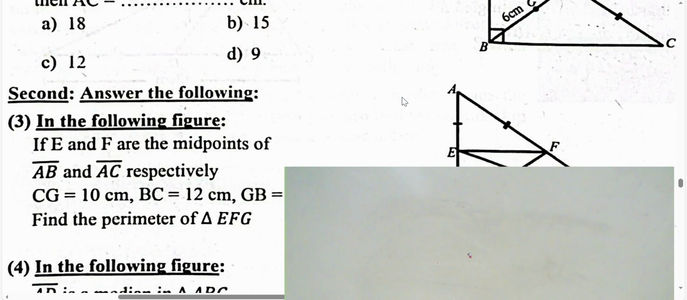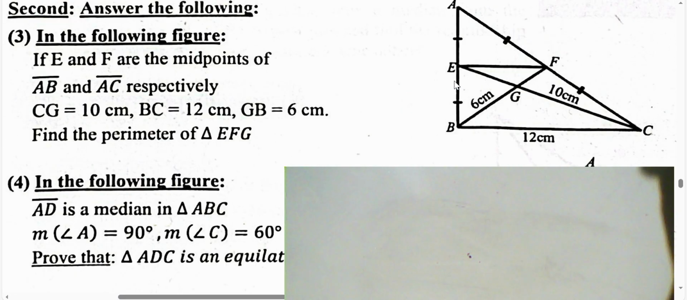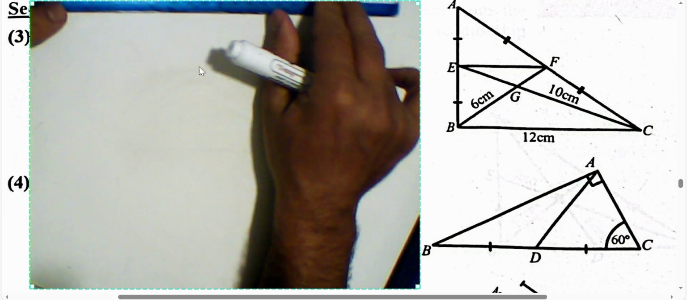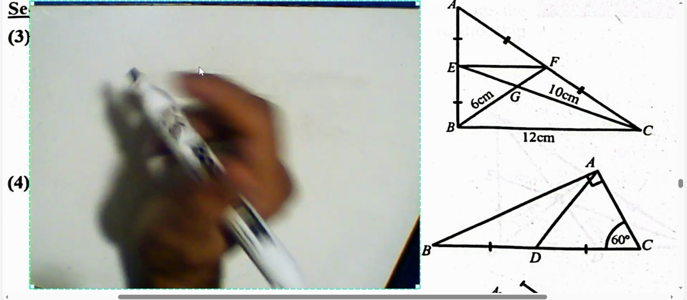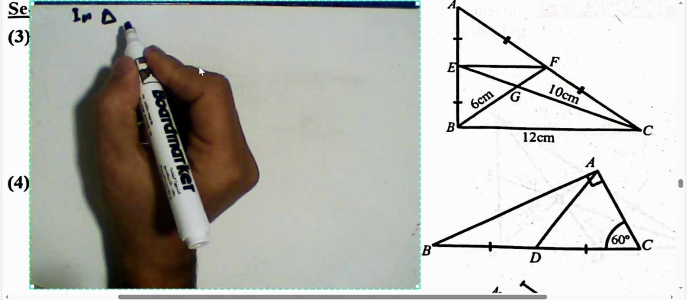Second question. In the following figure, find the perimeter of triangle GBC. He wants to find the perimeter of the triangle. We can solve this example by proof. Look at the first step. When I solve with you, look with me, okay, and write the answer with me. First step, we can write: in triangle ABC,